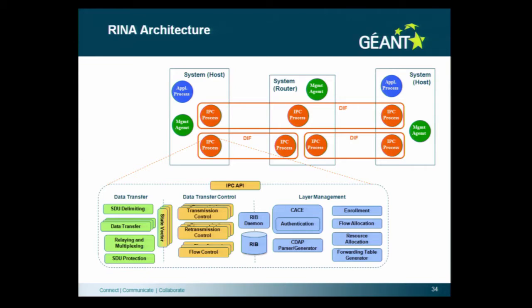So you have some very basic functions. They are actually organized in the order of dependency on the packet contents and the speed of operation. So actually here there is, in our implementation, a separation between what is run in kernel space and what is run in user space. You definitely want all these functions, SDU delimiting, so really breaking up your packets, doing the data transfer, lookups for the routing table, as fast as possible. That's done in the kernel.